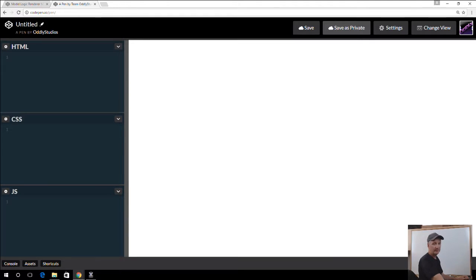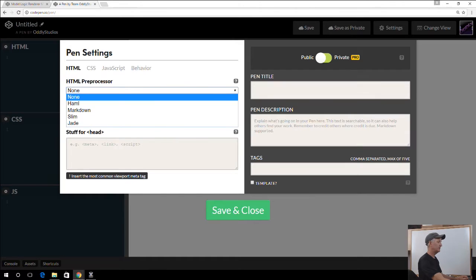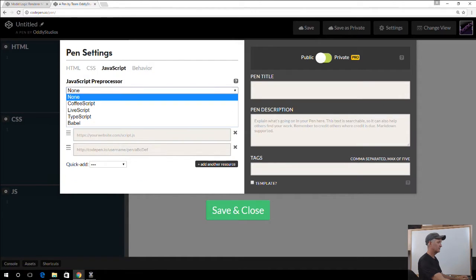Now, in this course, we are writing ES6 or ES 2015 JavaScript, which is the actual, new official standard for JavaScript. And we want to be learning the latest and greatest, so let's get on that. So fortunately, if you click on the settings up here, CodePen has built in the Babel